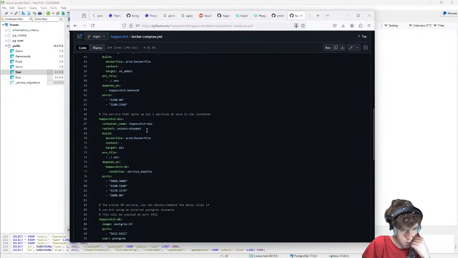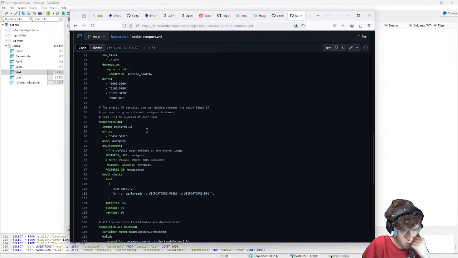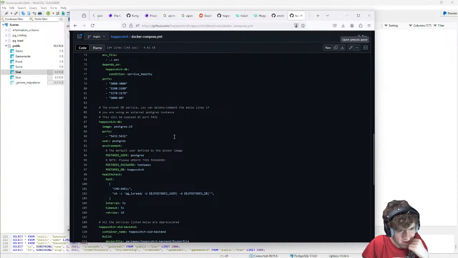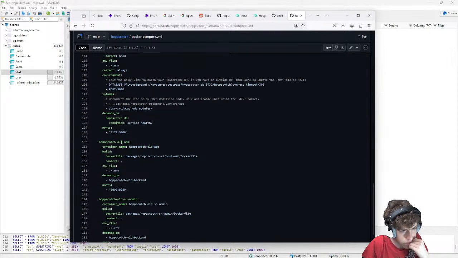And then they even have the Postgres database set up. Nice. Note, please update this password. It's not going to be internet facing, so I don't really need to. I just have to edit that so it's not internet facing, because by default it is.